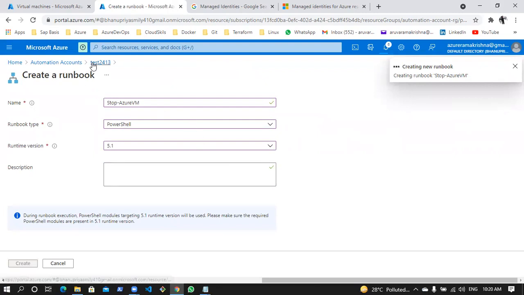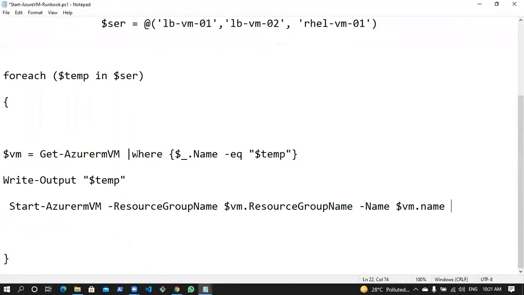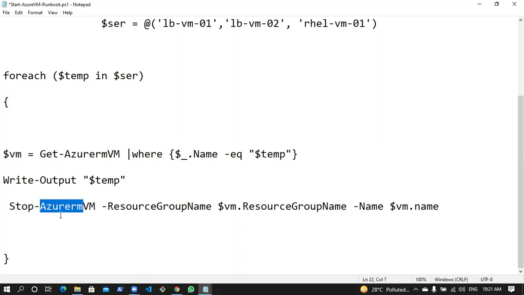Okay, so here I'm creating an empty runbook. I wanted to put this particular basic code, which stops the virtual machine. Let me make some changes to this command, Stop-Azure. AzureRM was the previous model, so currently we can use the Az module. So Stop-AzVM, and a resource group name we will provide,